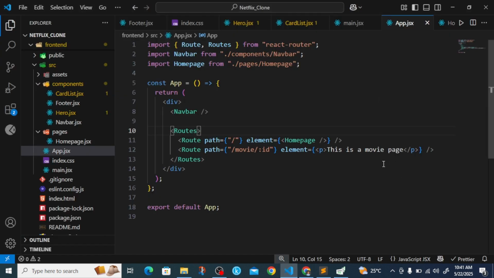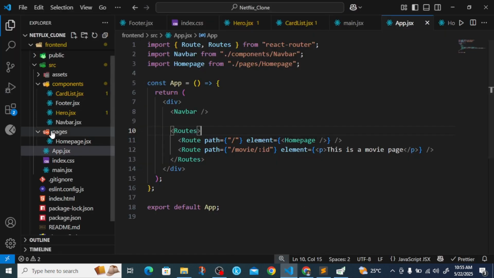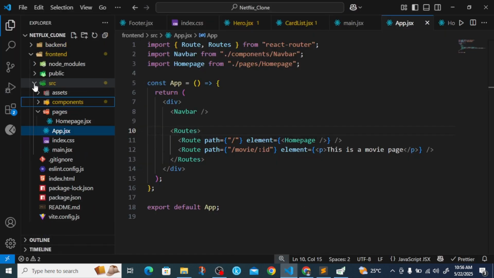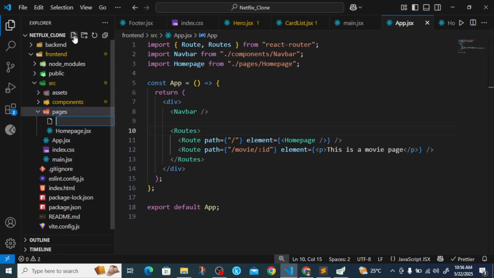Now the next thing we are going to do, since we have gotten this route to work, is create a component which is going to show the movie page, which means that after creating the component, we are going to come here and replace this is a movie page, and then add the component inside. Okay, so now we'll go and create the component. We'll create this not in the components folder. We're going to create this page in the pages folder. So we'll create the page